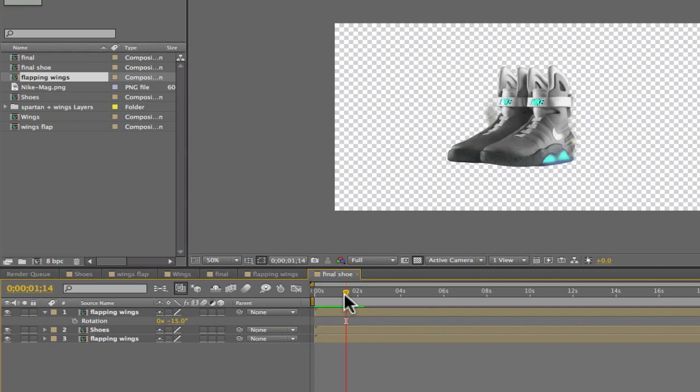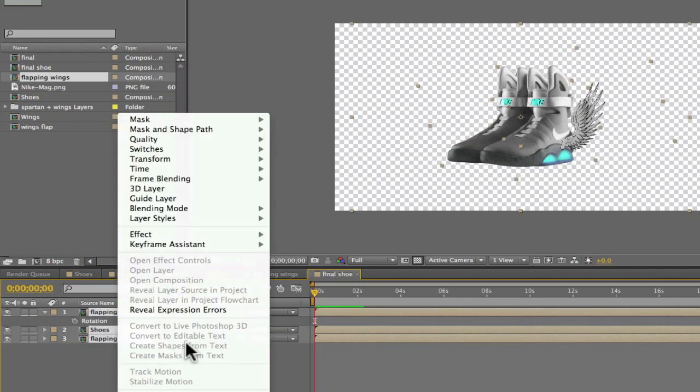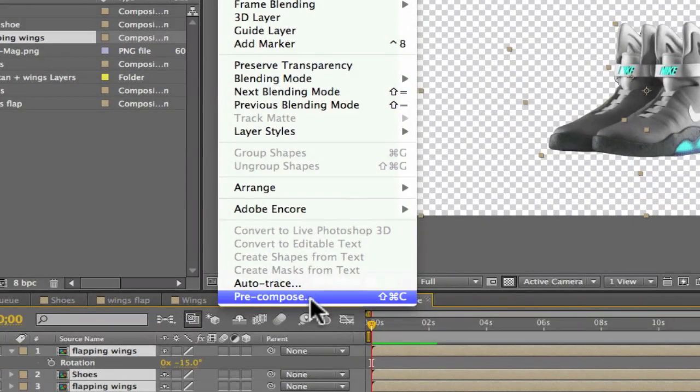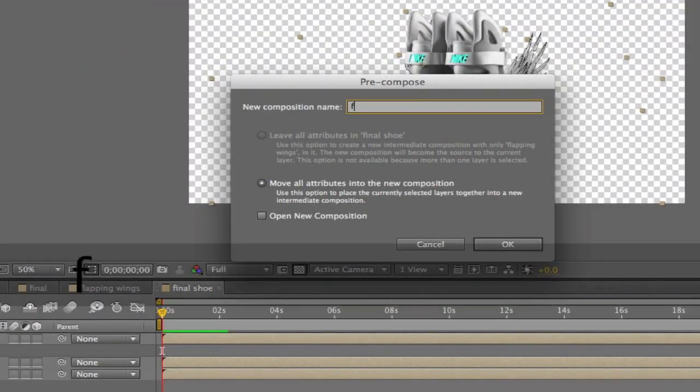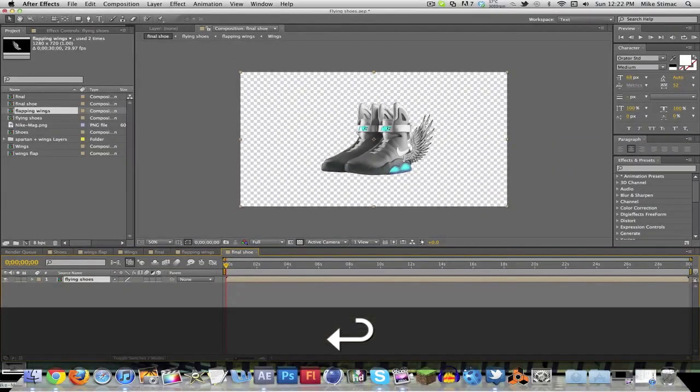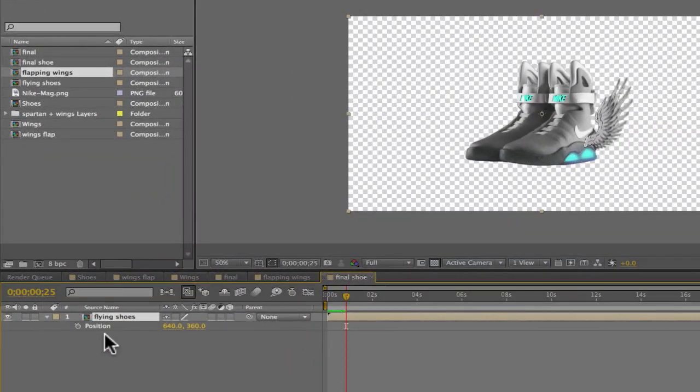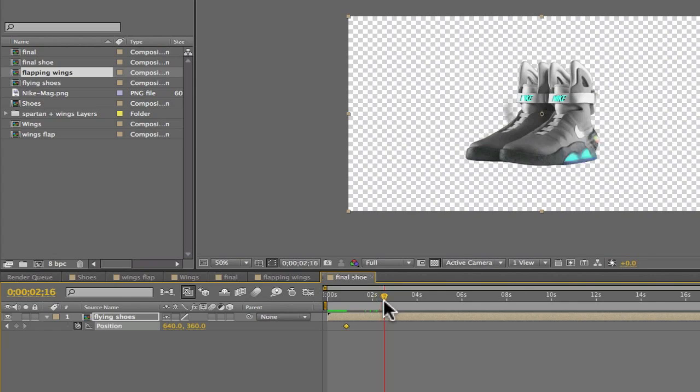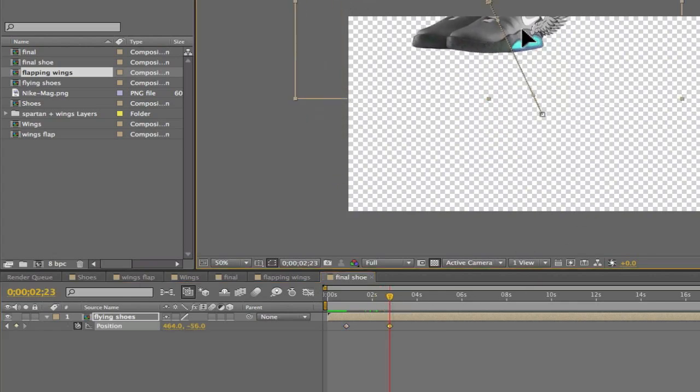Alright, now basically we're done, but if you want to make these shoes fly in the air, what you're going to want to do is pre-compose all the layers, hit OK. Now all we have to do is some simple positioning and rotating, so we'll just make this go flying up in the air,